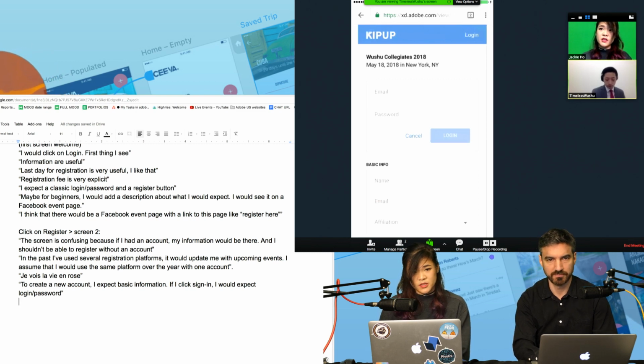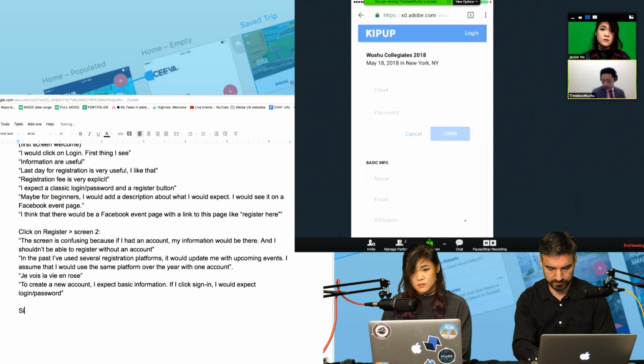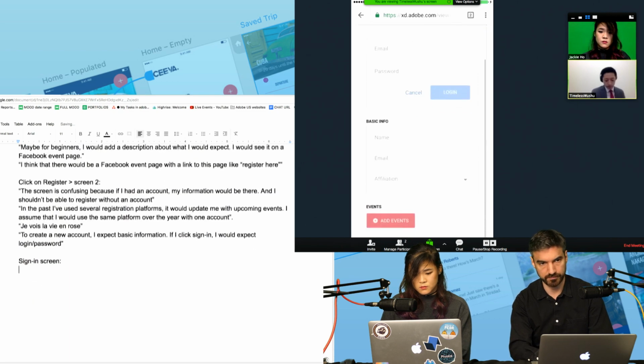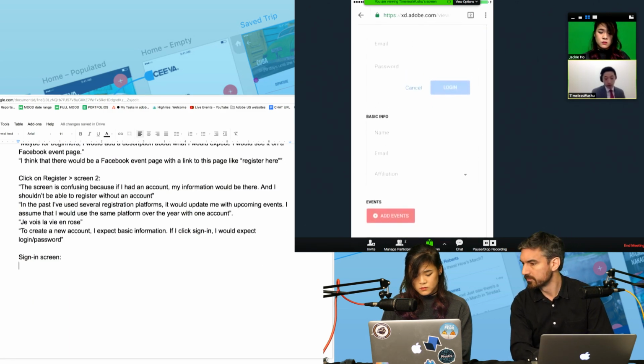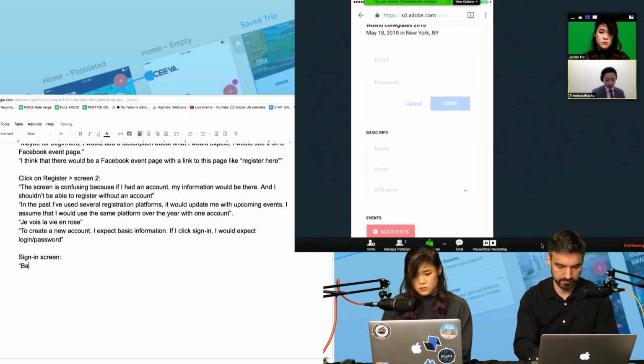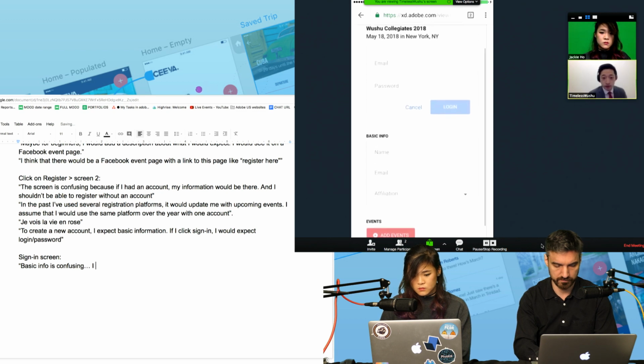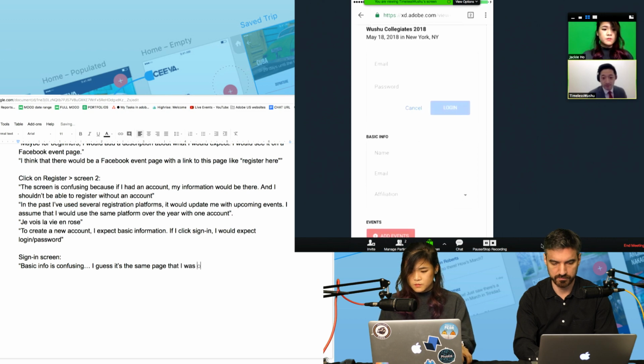And tell me about what you're seeing here. So the first part is pretty straightforward. Obviously, if I enter my email and password, I can log in. And then I'm not so sure about the basic information. I guess it's like the same page that I was on originally, but the sign-in has just changed into this thing.